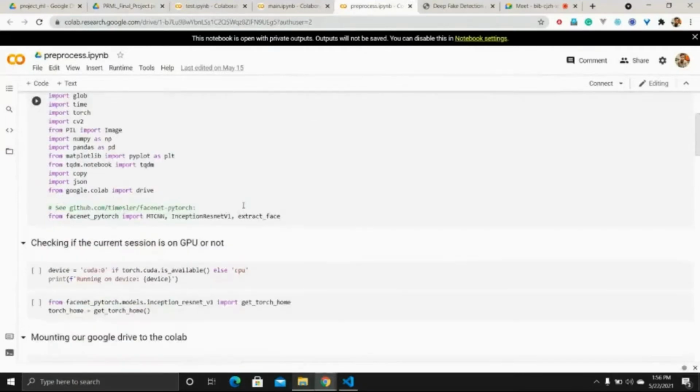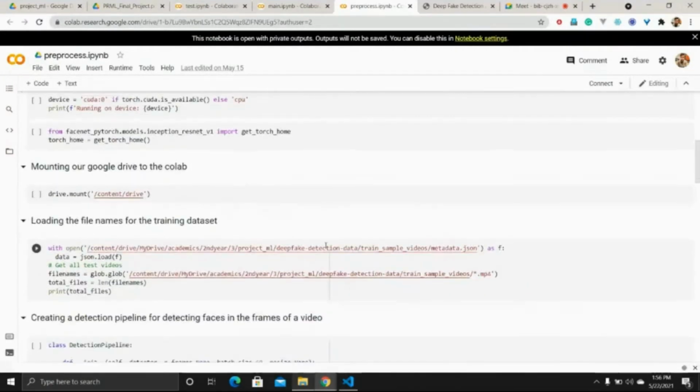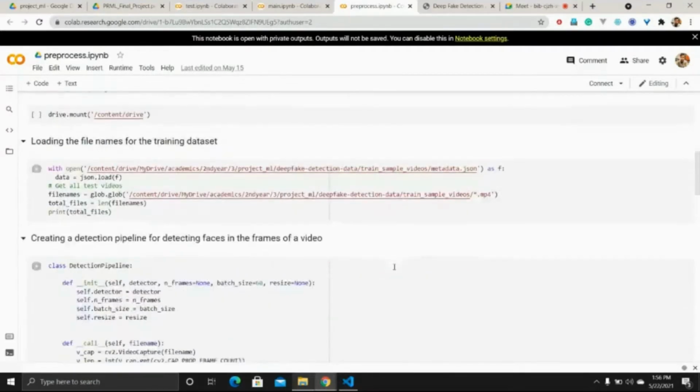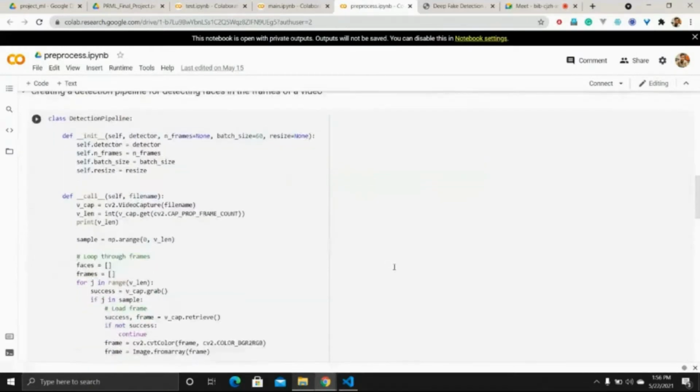So to start with pre-processing, we need to explain the dataset. Our dataset was the Forensic Cluster dataset, divided into two folders, the fake and the real parts. We started with downloading the dataset and the meta.json file which contains the labeling. First we declared our detection pipeline. A video could contain many faces, one, two, any number of faces could be there.